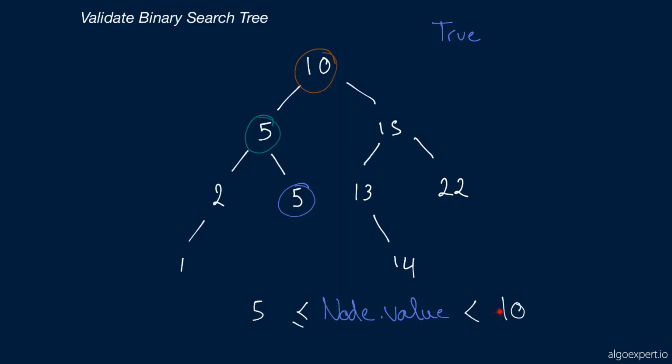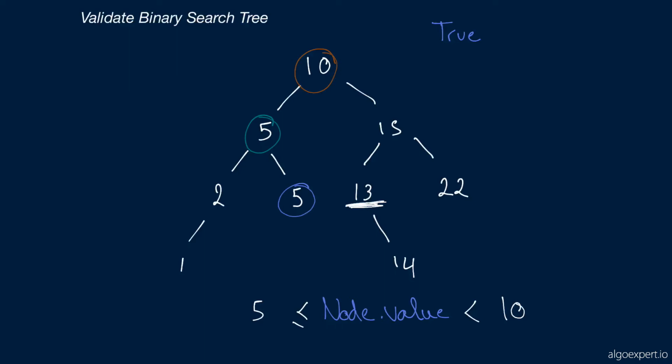It must be between these two values. And we can actually find these two values that wrap a node's value for every single node. So, for instance, if we look at now the 13 here, let me underline this 13 in white. If we look at this 13